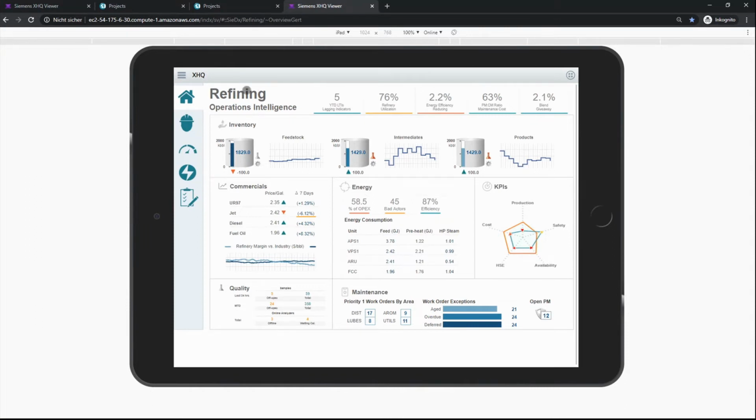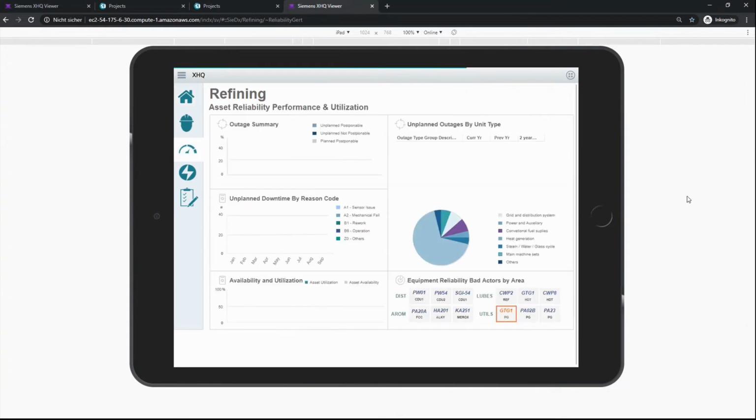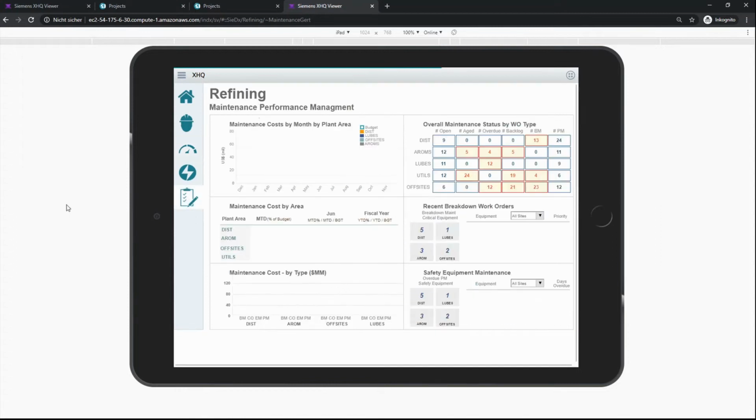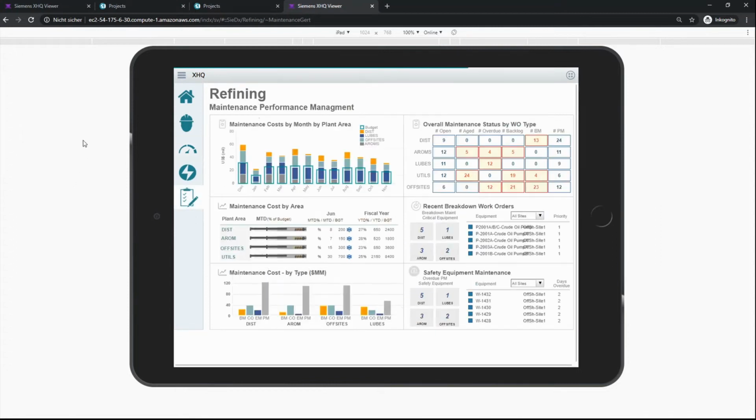That shows again one example from our refining operations intelligence part, where we can now with a fingertip go to another page showing other KPIs from refining, and again other examples for color codes and visualization, and how that could look on a smart device,